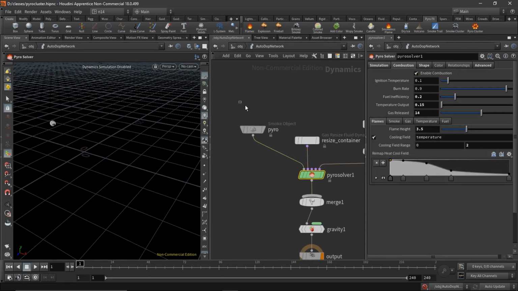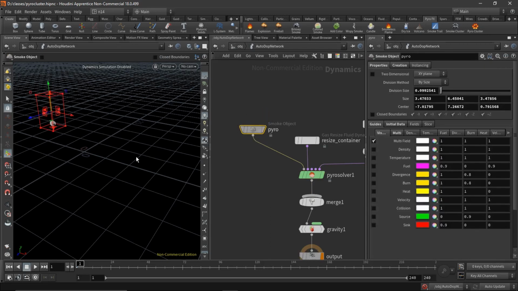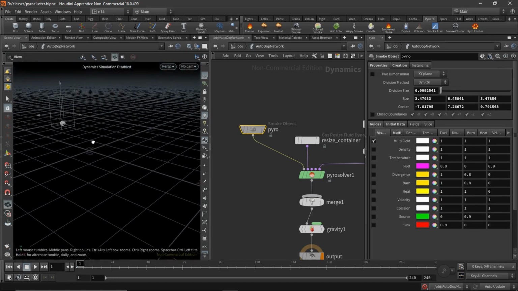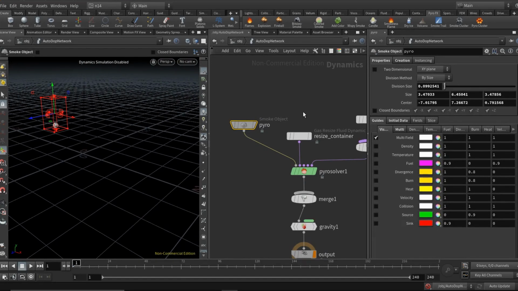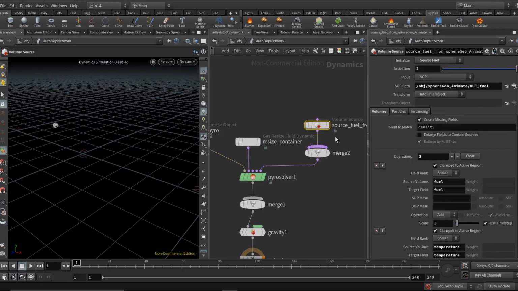And this is the place where all the simulation is taking place. You can say that this is like a container, as we call it in other 3D packages. This is the place where all the fields exist. It consists of various voxels, and this is the region actually. But where exactly the source is coming from, this is the node which defines that source.